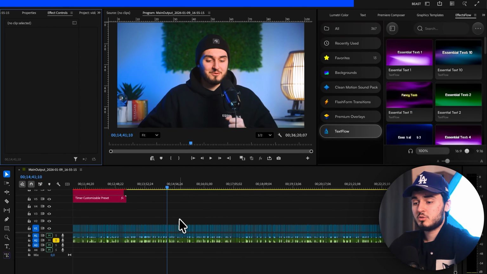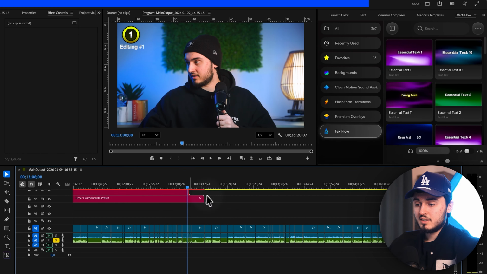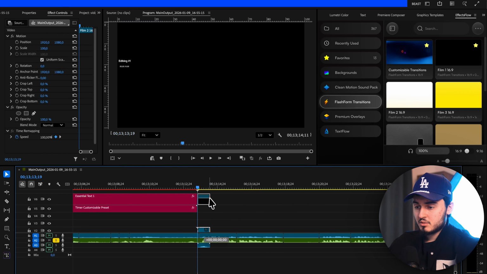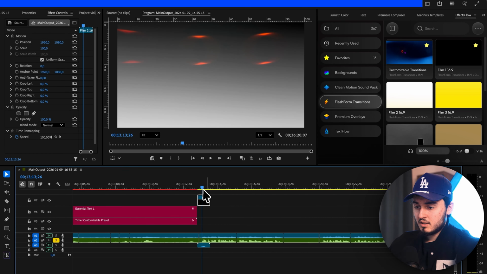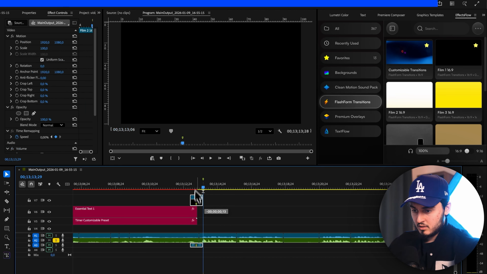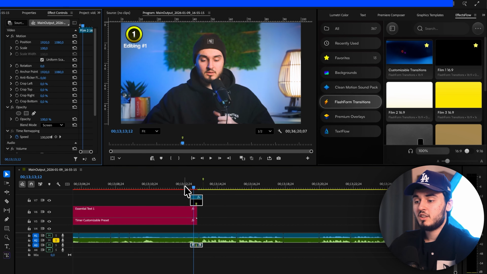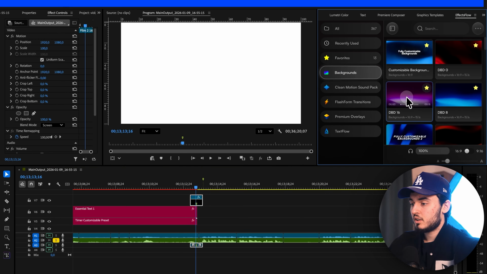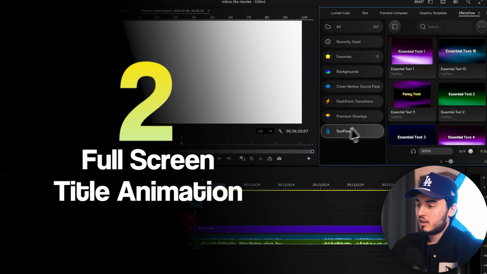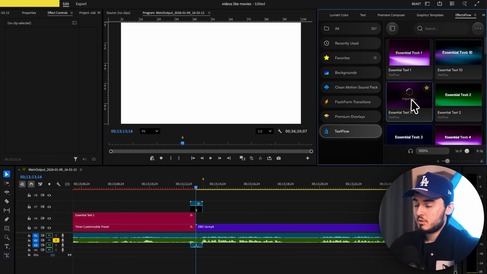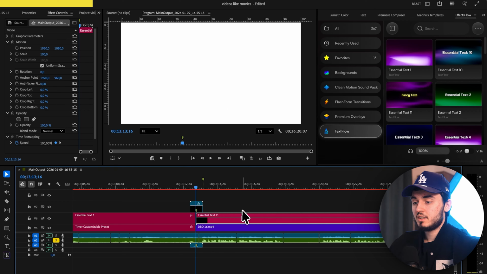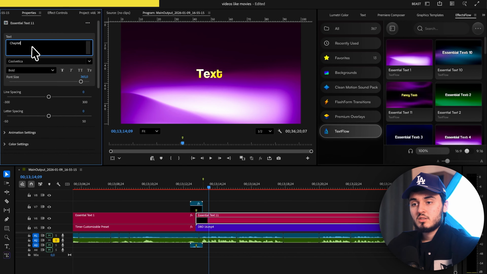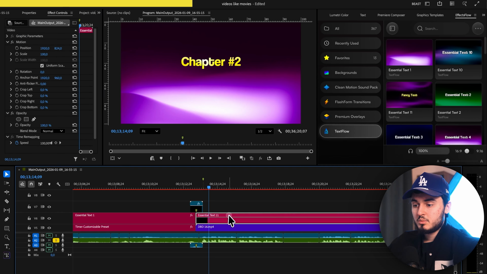And to make everything flow together more nicely, at the end of each chapter I would add a transition like this and just move it up a bit. And all I have to do is change the blending mode, and I want to transition into a full screen text title here. And how I do it is just add a text animation to this with a simple double click. And if I play it, I'd go maybe like chapter 2, move this bit up